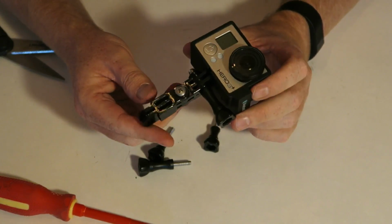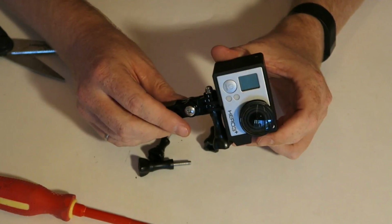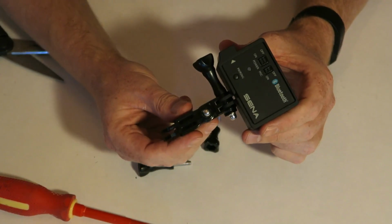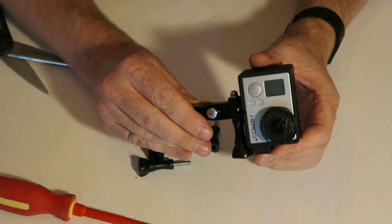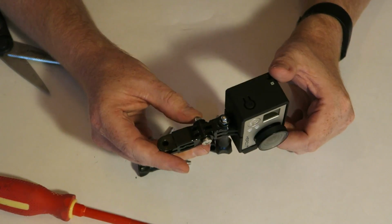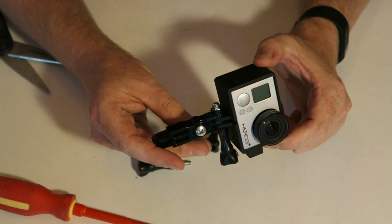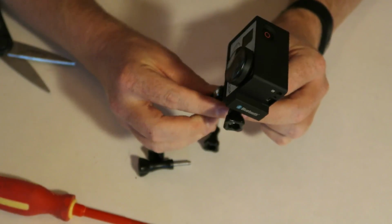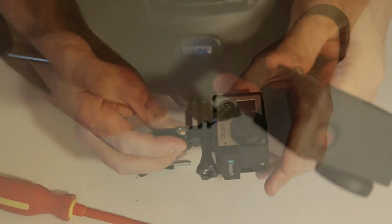The first time I did this, I wanted to hide the screw so that this bit was showing forward, but as I'll show you, at least on my helmet, it's nice to have this bit because it protrudes a little further and you can have the mount rest up against the